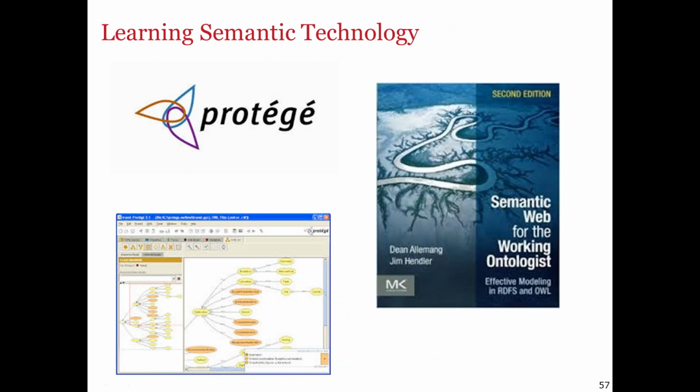Semantic technology, very similar, meetups in semantic technology, but you can learn on your own. The best book out there, Semantic Web for the Working Ontologist by Dean Allemang, is a good book to start reading. To start working with semantics, you could download Protege from Stanford for free. It's an ontology editor